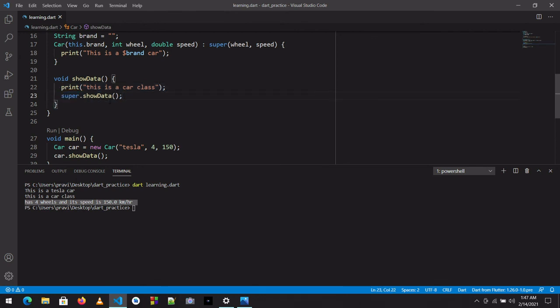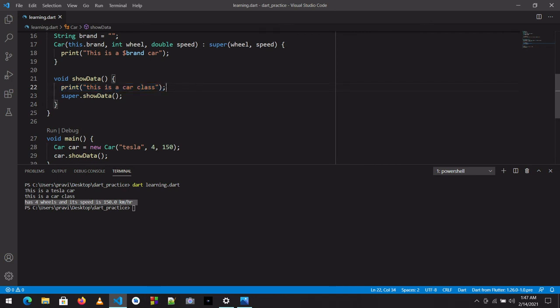So we have just overridden the function to avoid writing the function's statements again and again for different vehicles such as car, bike, anything. We can use the same function again and again in different types of vehicles, just by adding some new statement to it, like I added this one statement here.